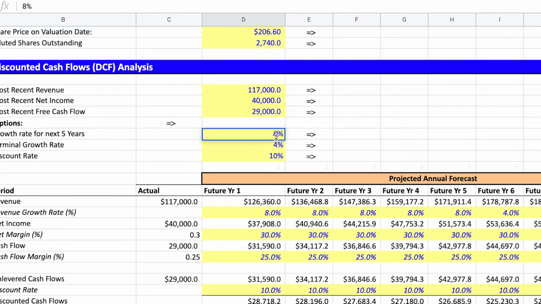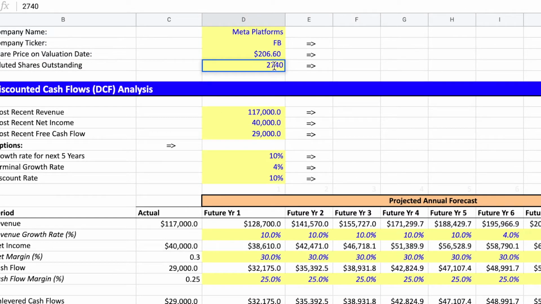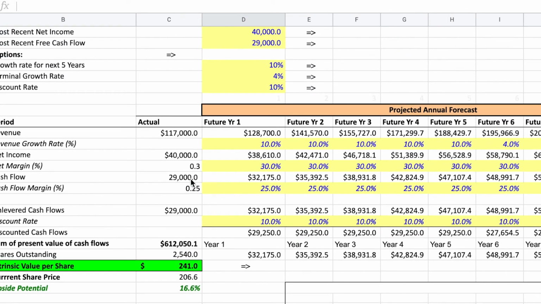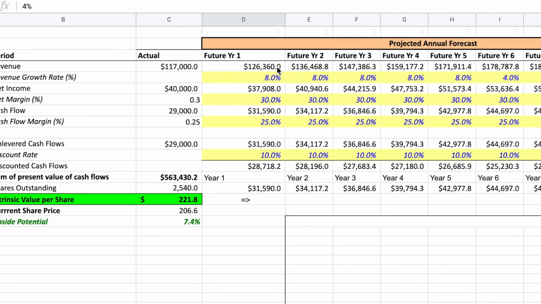Now let's assume that they actually grow 10% and Facebook does buy back shares. I think over the next 5 years, realistically, they're going to buy back about 200 million shares, so 2.54 billion. Now we have upside of 16.6%. Essentially, what this means is if you buy it at $241, you should be getting a return of 10% over the next few years. However, this model is never going to work out completely. It just gives me a scenario of what I could potentially buy it for to get a good return. So technically, what this model is telling me is that even if Facebook doesn't grow as much as it did previously, I can still see a good return by buying the stock.